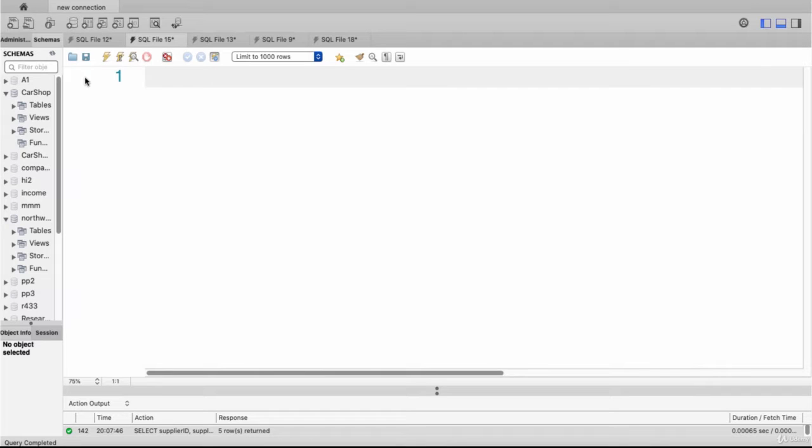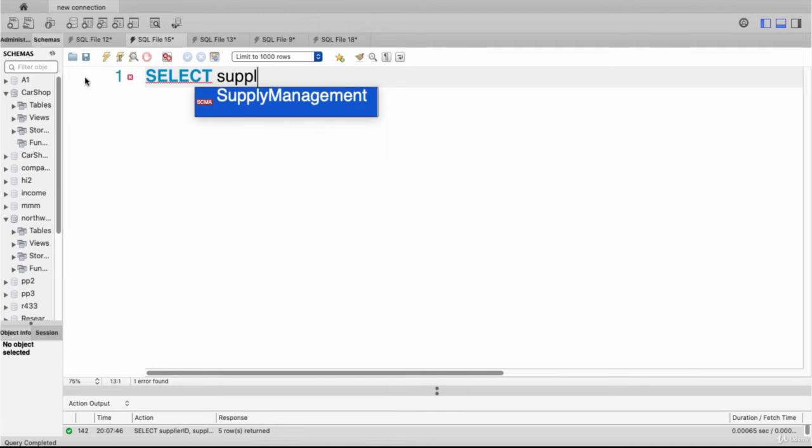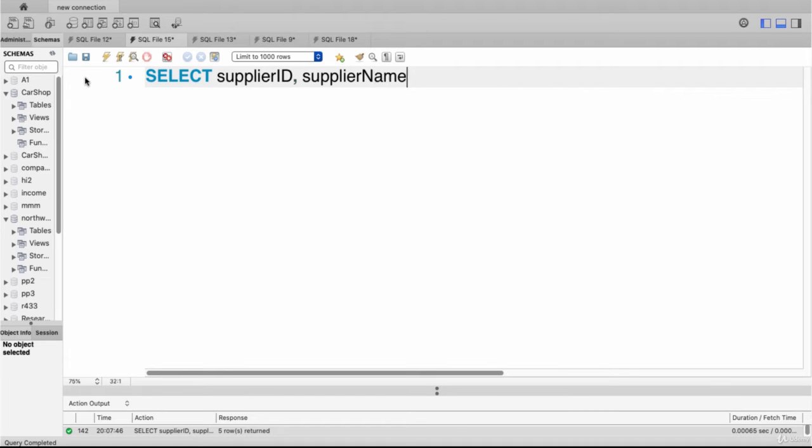So the first thing we're going to do is to fetch all the information first. Then we now apply the right join. To do that, we say select. The supplier ID was the first thing that was asked. The second thing was supplier name. The third thing was the minimum